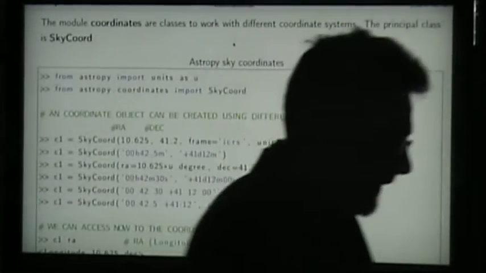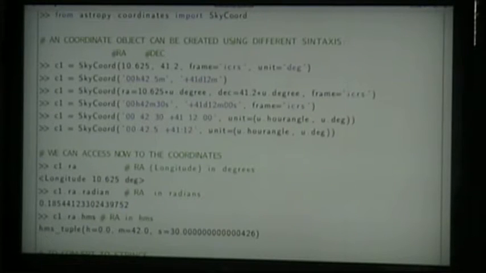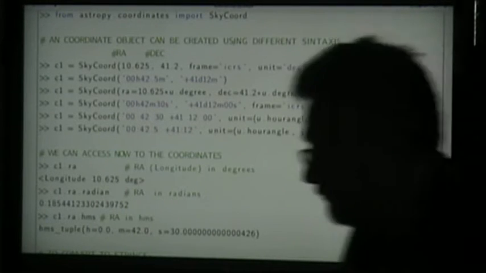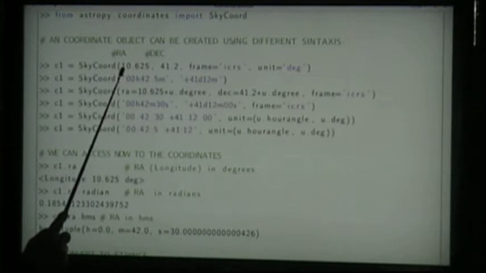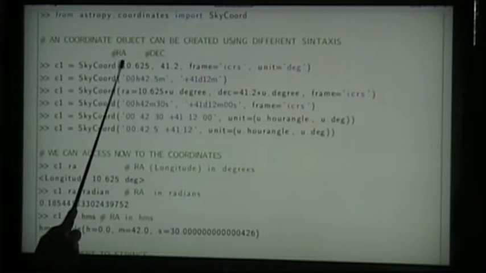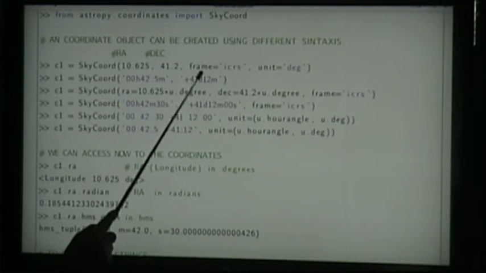We can define the celestial coordinates as an object with SkyCoord, and there are a lot of formats. We can give the right ascension and declination, and the frame usually by default is